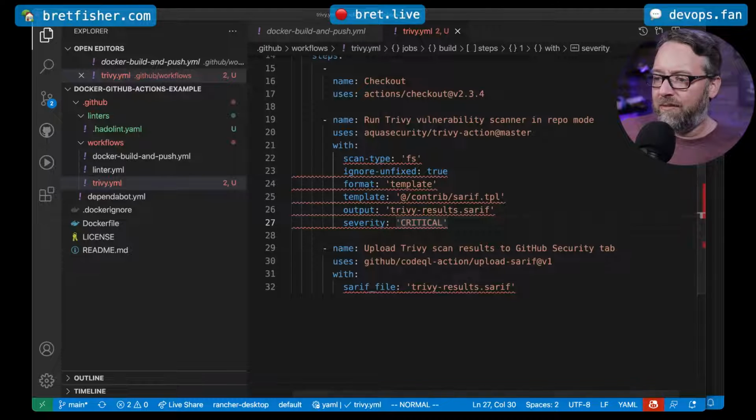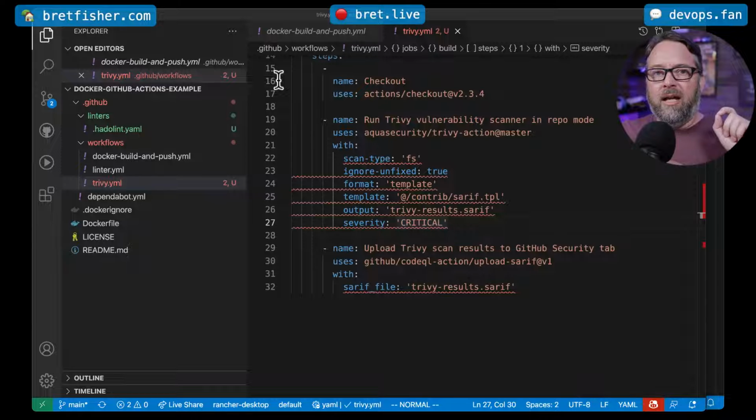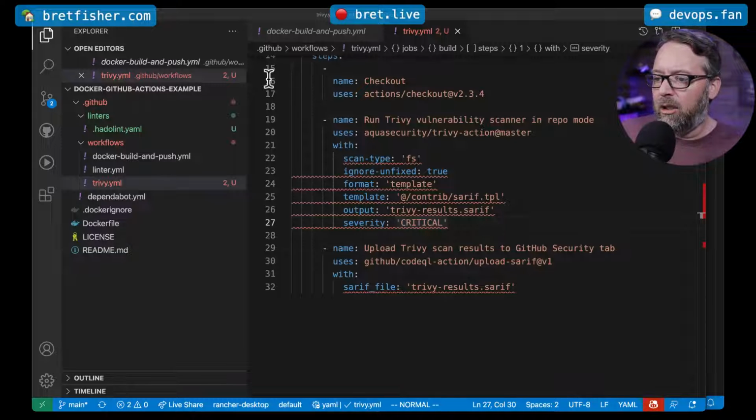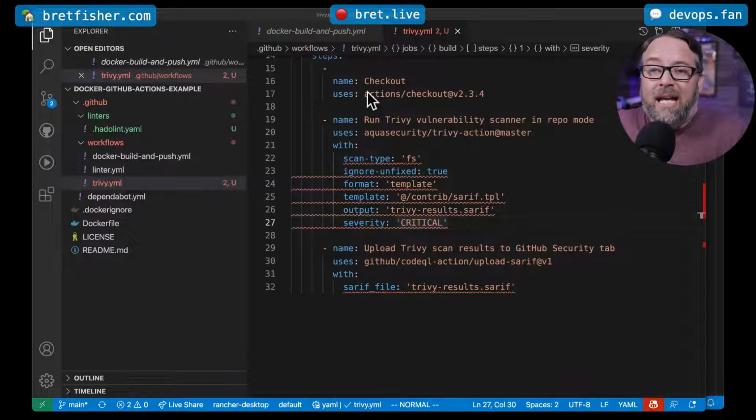If I change the severity, let's see what options they have for severity. So critical, high, maybe I can start with critical, and then once I'm okay with the results of that, I can start looking for high, and then once I'm okay with that, I can go to the others, if they have medium or low. Yeah, medium, low, unknown. Because if you just left this by default and let it scan everything, like unknown, low, and medium, all of them, you will probably get hundreds of results. And most real-world production apps will have hundreds of vulnerabilities. A lot of them you can't do anything about because